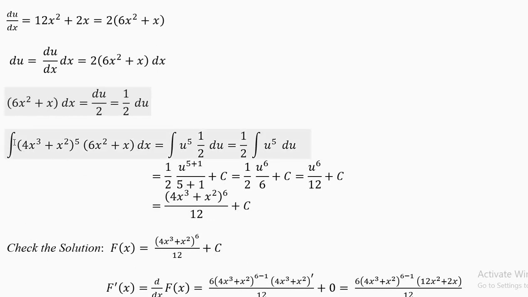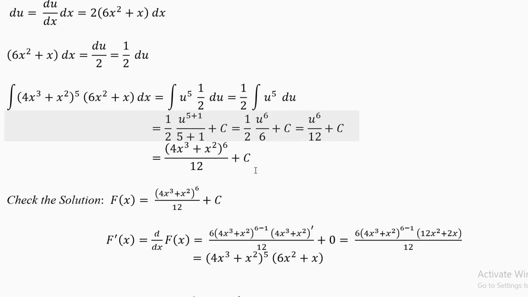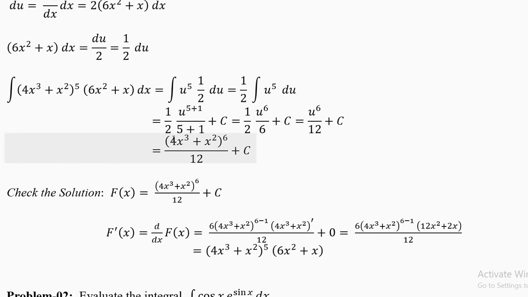So now you have, copy your question here. Now this is u power 5. Now this bracket into dx is half du. So you copy the half du, the half comes out in the next step, you'll get u power 5. And if you integrate u power 5, you'll get u power 6 by 6. Now half into 1 by 6 is 1 by 12, you'll get u power 6 by 12. 2 into 6 is 12, u power 6 plus c. Now put back the value of u, you'll get that power 5 becomes power 6.